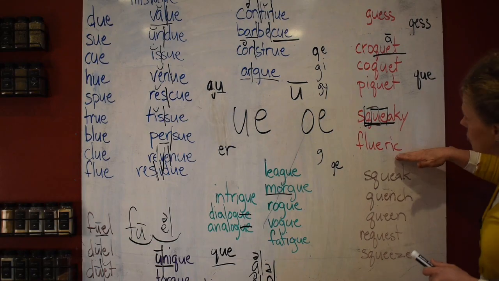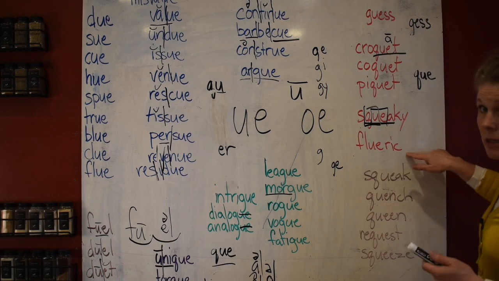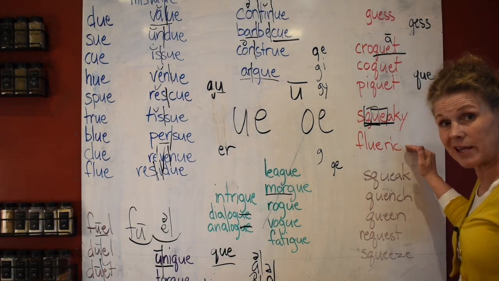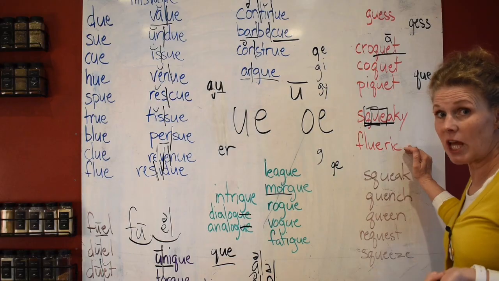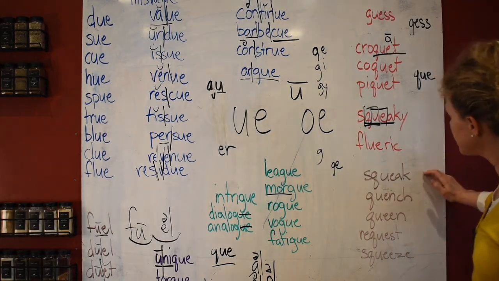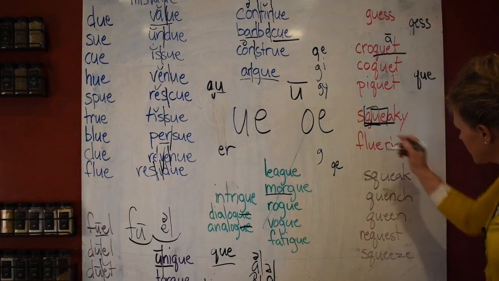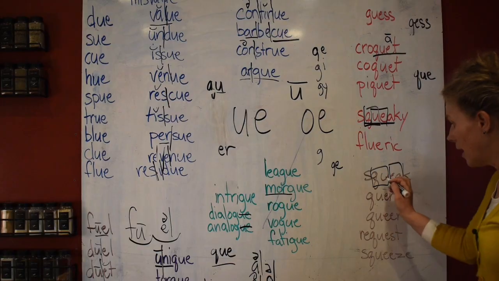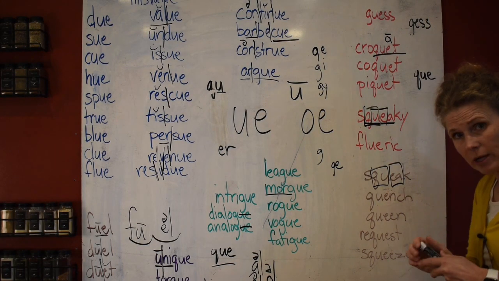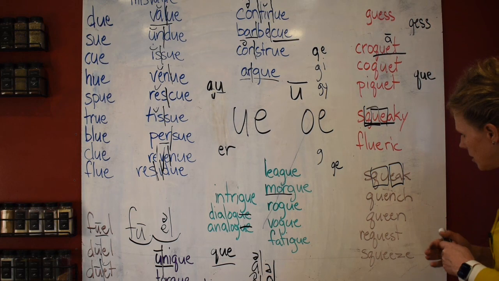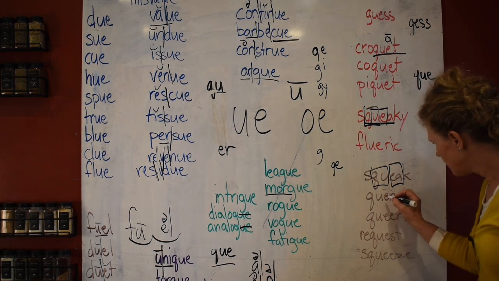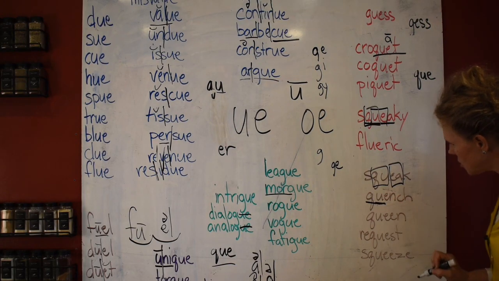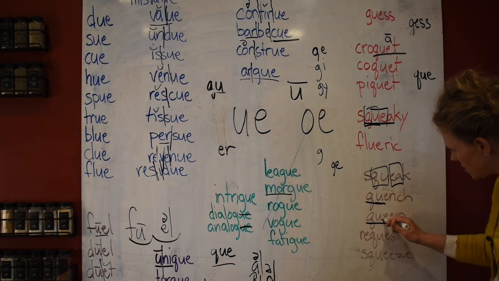But sometimes you do have UE in the middle of words. Oftentimes, these are not words that we read commonly or say commonly in the English language. But look, this is like this, squeak. This goes together, and these go together, not here. Remember, UE belongs at the end of a word. Quench. Right here, this is not the UE vowel team. It belongs to this Q. This U belongs to this QU.